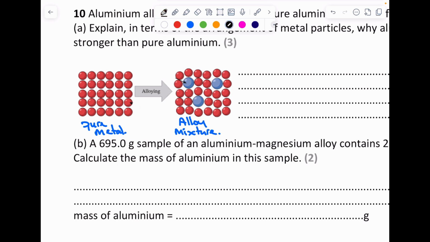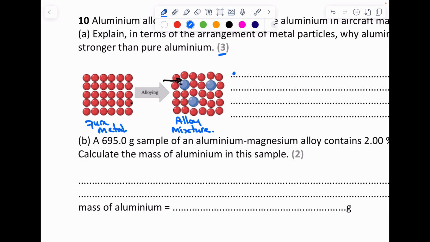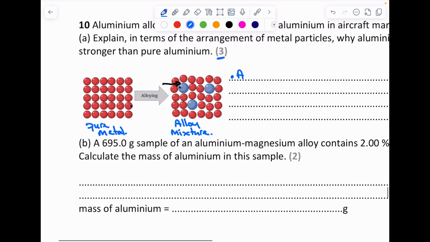So if I was to try and slide this layer here, you can see it's going to be difficult to do because there's larger particles in there preventing it from moving. And because it's harder to slide, therefore it becomes a stronger material. So there's 3 marks. The 3 bullet points you need to say are that alloys